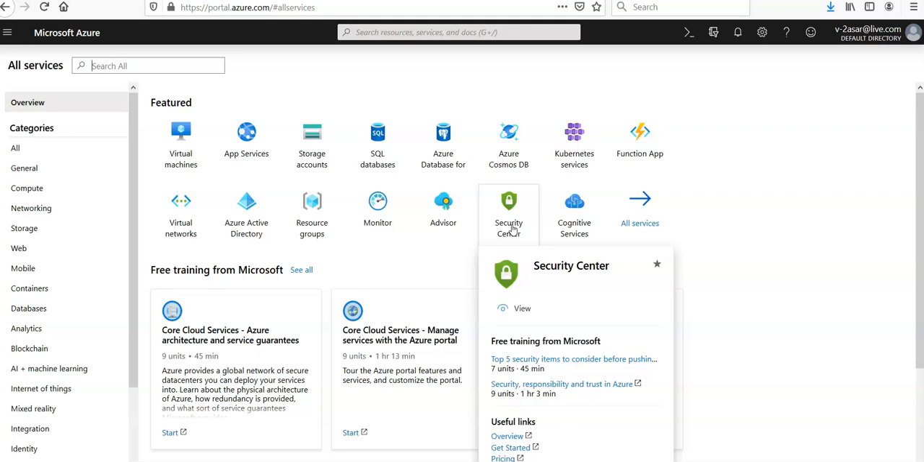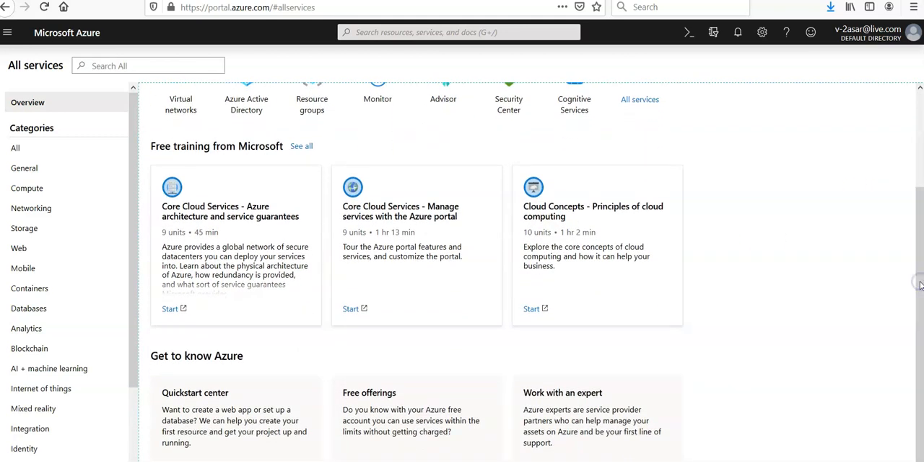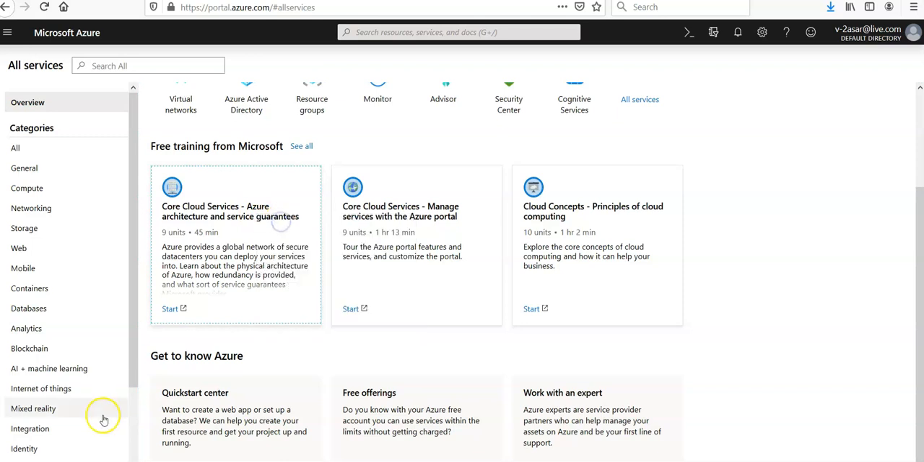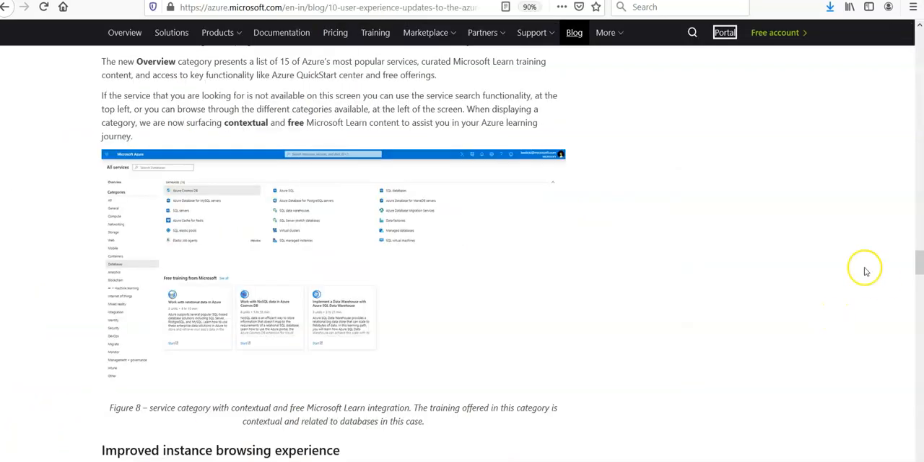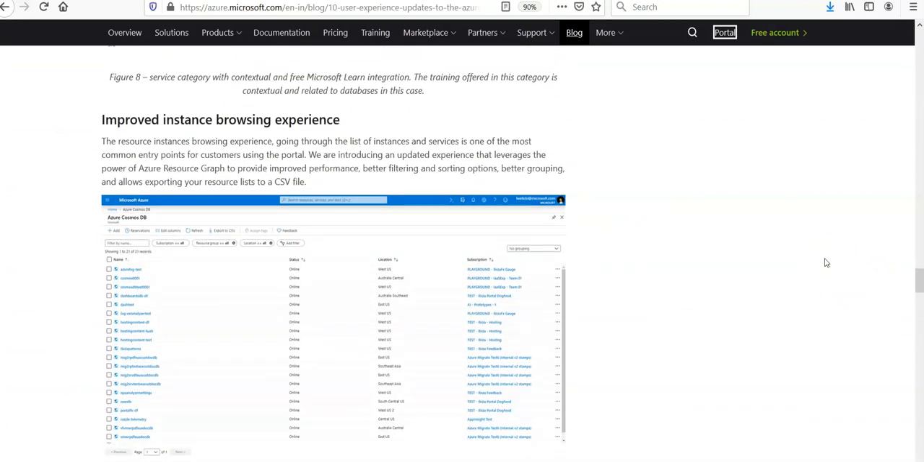And within the portal they have integrated the learning facility as well: core cloud services, architecture and the service guarantees. So if you open it up in the new window,